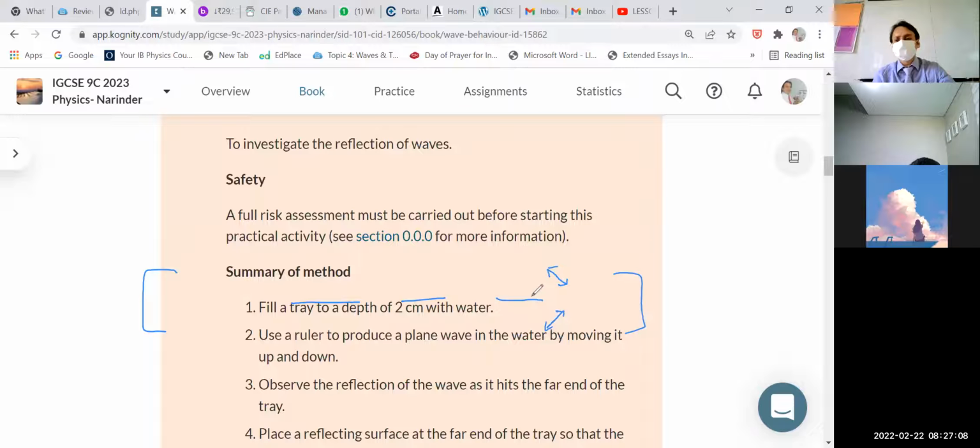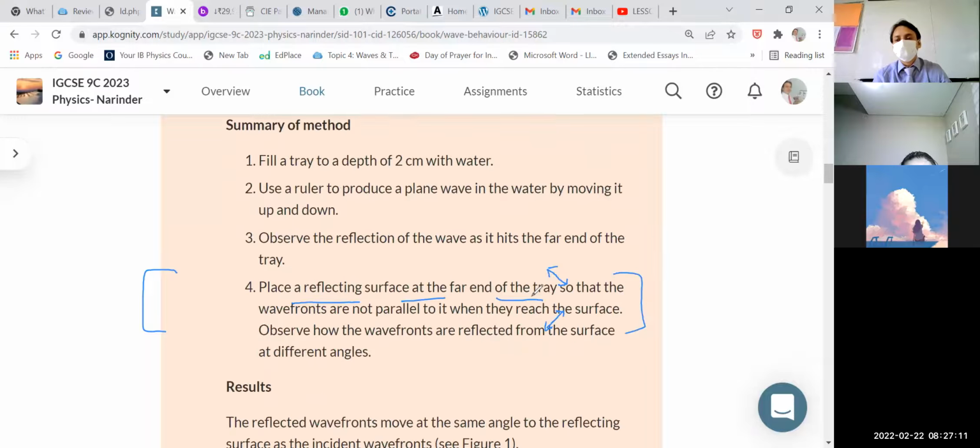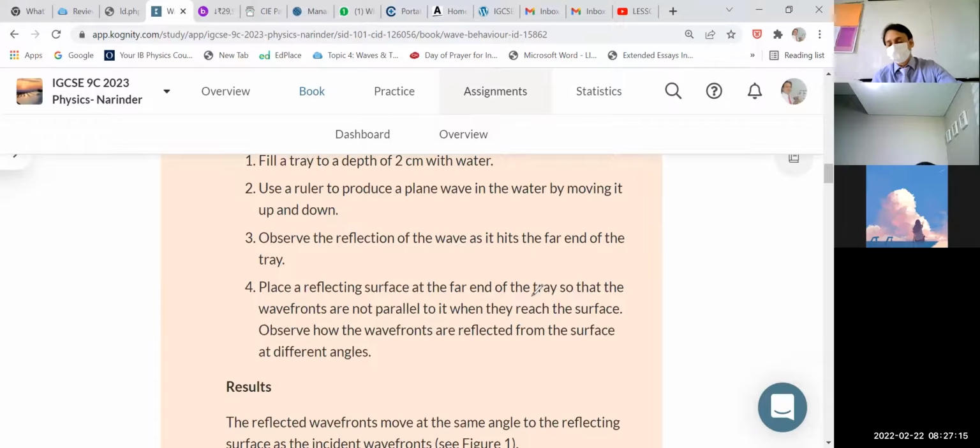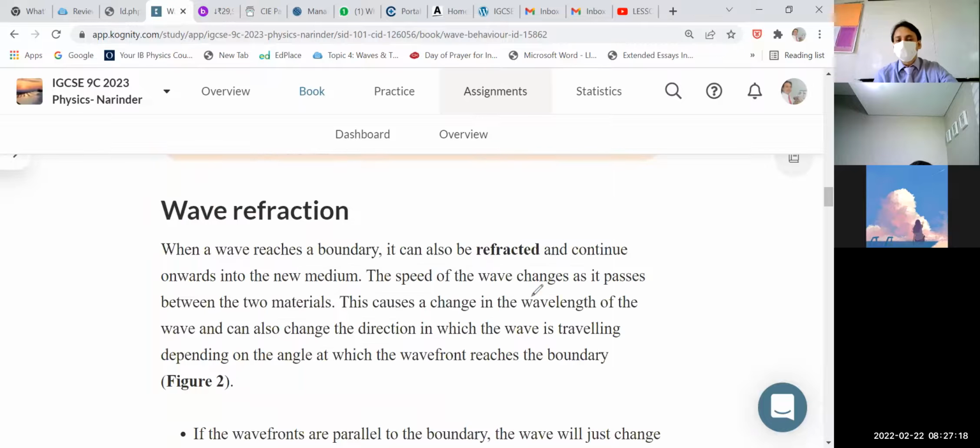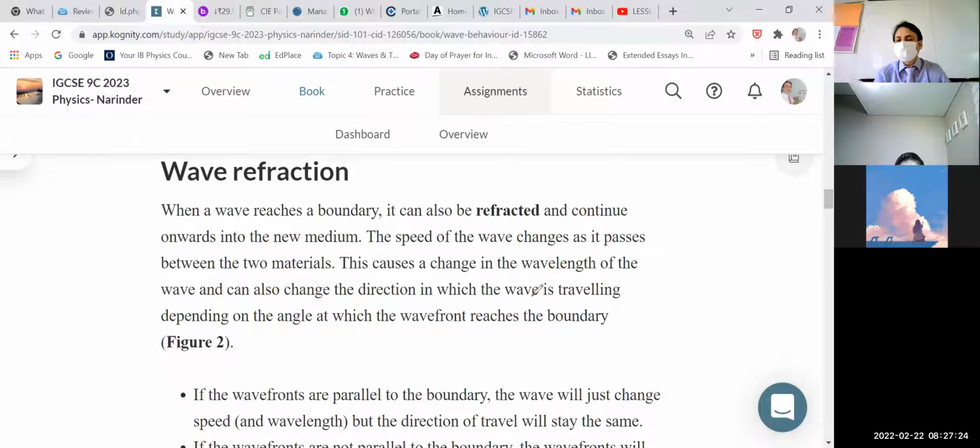So we are done with the reflection part, children. In the reflection part, the conclusion is that speed, frequency, and wavelength remain unchanged. Now we have refraction, which is slightly more important compared with the reflection part. Refraction means the same: when a disturbance, energy, or wave moves from one medium and enters into another medium,